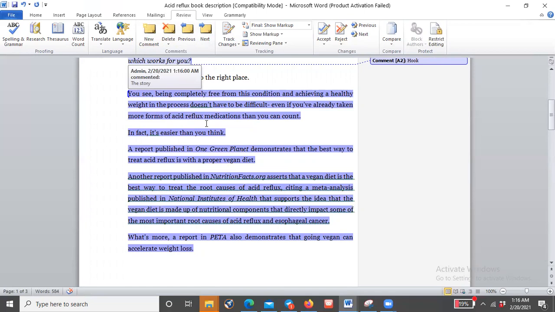You don't want to end up having too much duplication of book descriptions, things that will just look completely the same. You want to give it your own style, but keep the same structure. So in this case, you see, being completely free from the condition and achieving a healthy weight in the process doesn't have to be difficult, even if you've taken all the forms of acid reflux medications that you can count. And it is true. You are giving hope